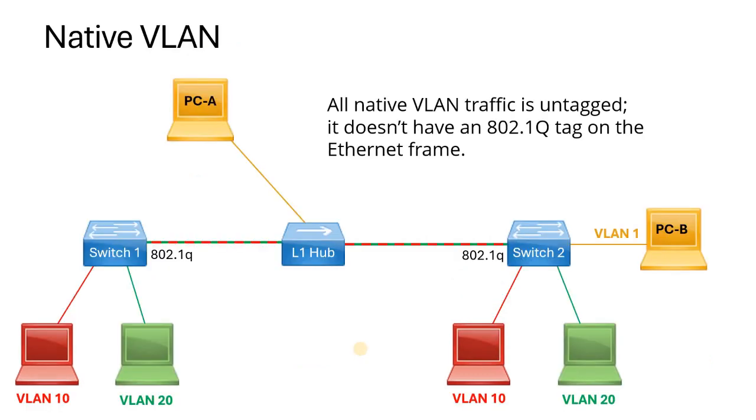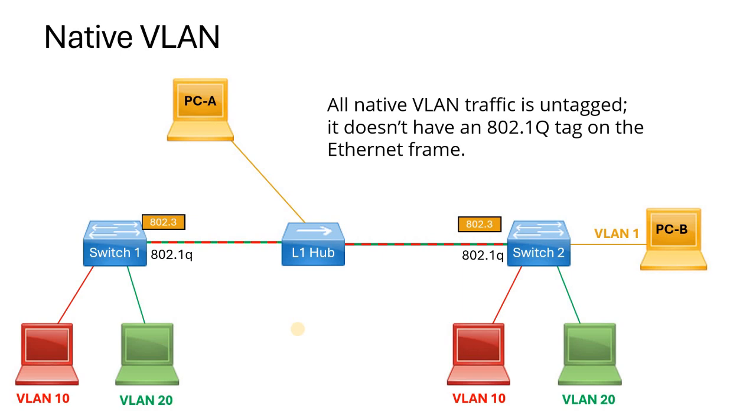When the IEEE created the 802.1q trunk frame format, they had to make sure that it was backwards compatible with layer 1 hubs. And if you remember what a hub does, it doesn't really process anything. All it does is receive the data and flood it out all active ports. So in this example we see how you can have a PC connected to a hub, and now we're going to see what happens where we get 802.3 frames going into a hub, and now that frame gets processed and forwarded out all ports,